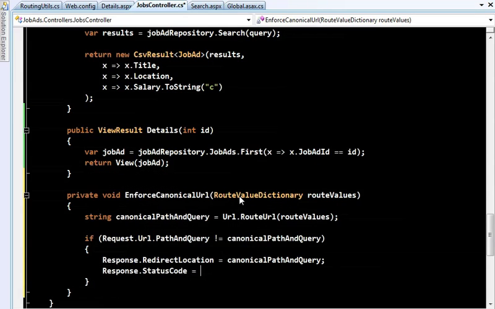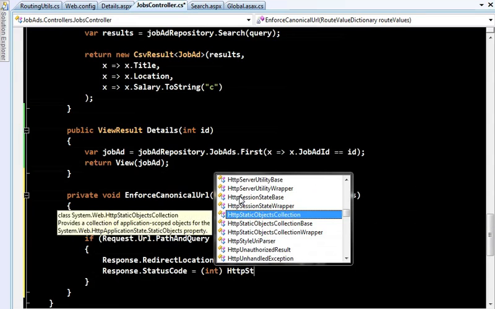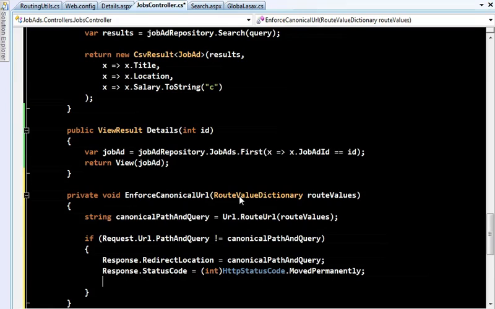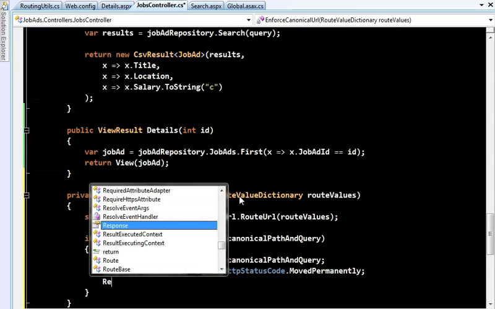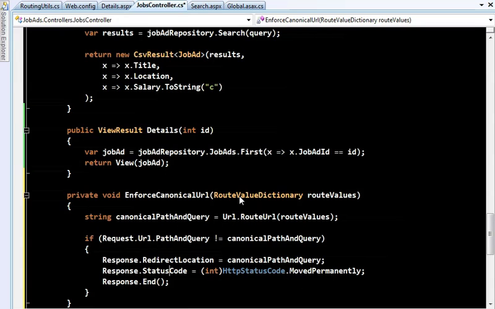Note that normal HTTP redirections with a 302 status code are considered to be temporary redirections, and since they're temporary, the search engine won't take account of them when it's building its search index. But if we use a permanent redirection with a 301 status code, then the search engine knows that what you're saying is that the content should really be accessed from this other URL, and so it will account for that when it builds its search index. Okay, so that does a redirection if necessary.